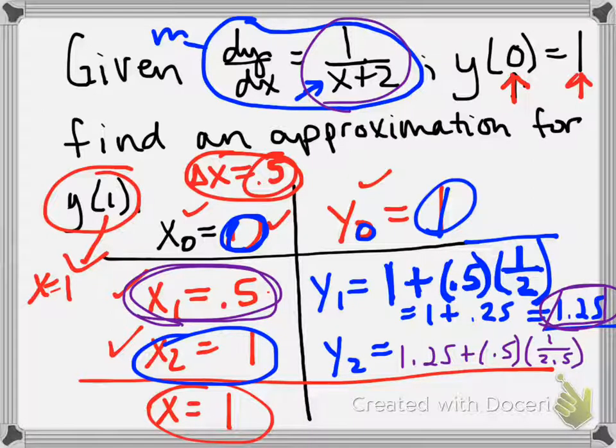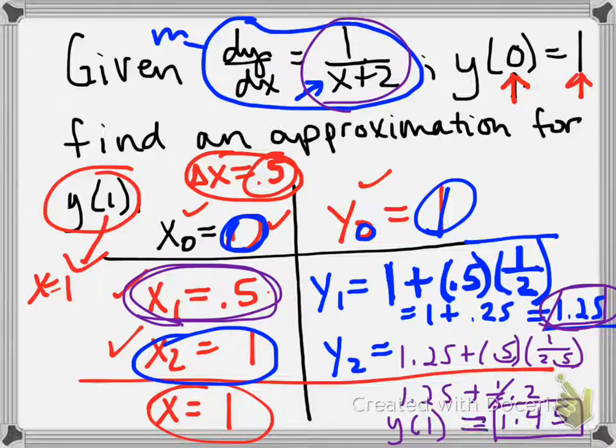So what we have is 1.25 plus 0.5 times 1 over 2.5, which is actually going to be 1.25 plus, if we move the decimal over and decimal over, we get 1/5, and 1/5 is the equivalent of 0.2. So 1.25 plus 0.2 equals 1.45. So our answer, y of 1, is 1.45, and that's an approximation, so I need to put an approximation